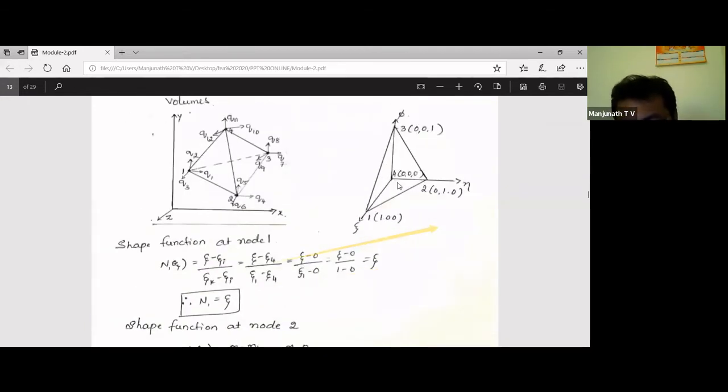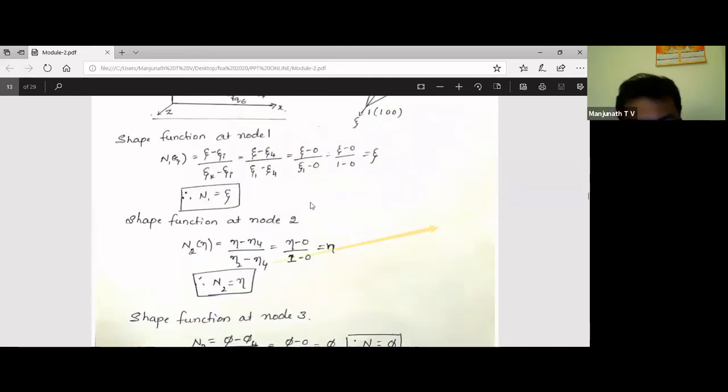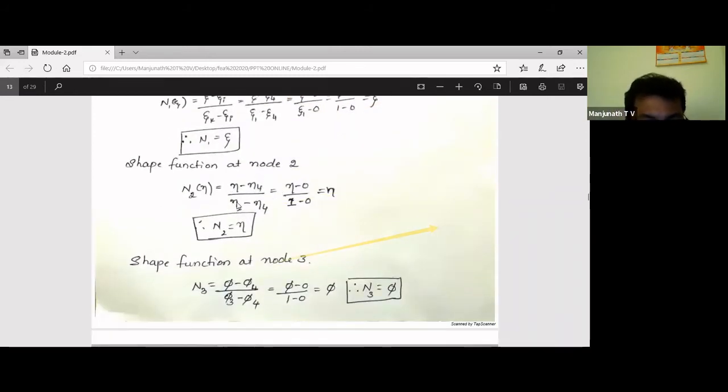at node number 2, only the neta direction is present in this element. So node number 2 and node number 4 we are going to consider for the element. Here consider the single-noded Lagrange's function equation. Because it is in the neta direction, we consider neta minus neta I divided by neta k minus neta I. Here k is equal to 2, because at node number 2 we need the shape function, and I is equal to node number 4, so the equation obtained is like this.